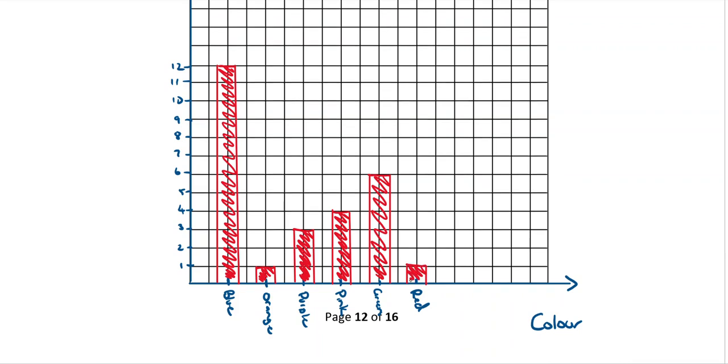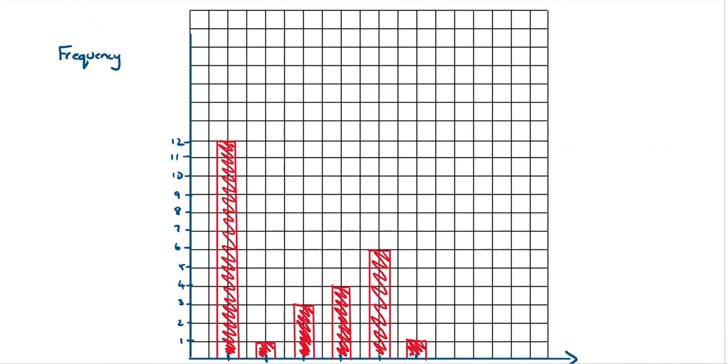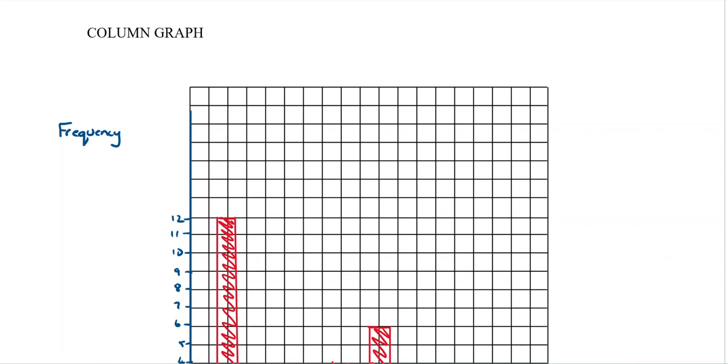Okay, so we've got nice, beautiful ruled columns. We have gaps in between each of the columns. I have my labels evenly spaced across the bottom and a label here. I have these numbers nice and evenly spaced and a label there. And the one thing that I'm missing is my title, which we're going to put up the top, which is 7R's favorite color.